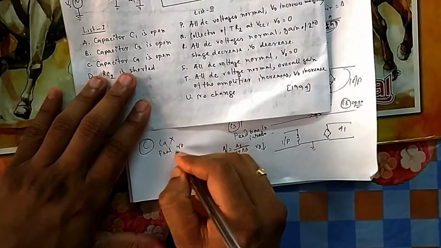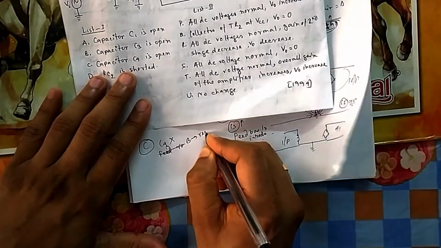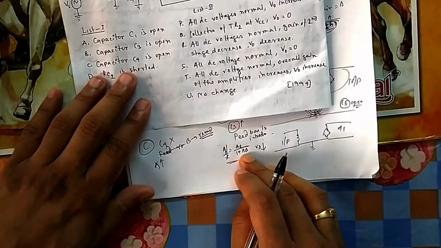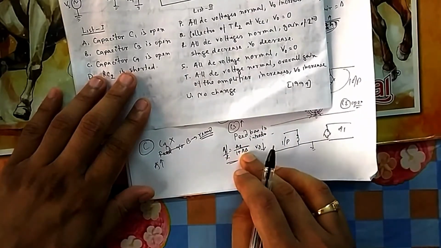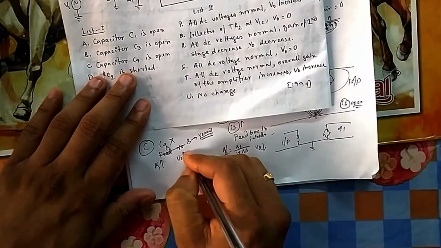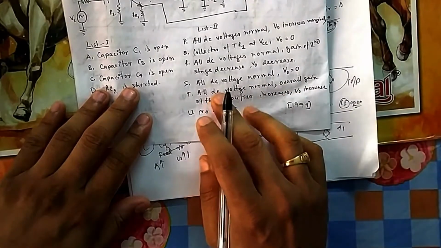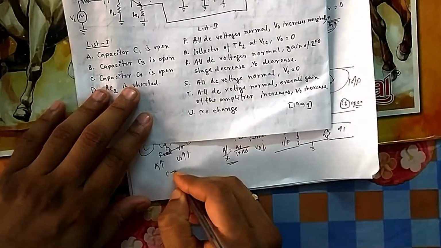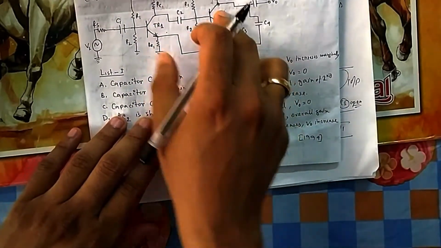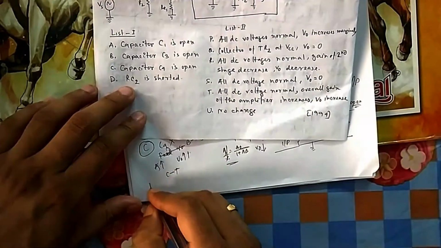You removed feedback, or beta is removed. Let me read. Beta, you have removed beta. If you remove beta, that means your gain will increase. You can see you have removed beta, so this portion will go out. Beta becomes 0, so your gain will increase. So gain will increase means V0 will increase. So you can see that one increase was there, that is your T. So C will be with T. Overall gain increases, because this gain increase means overall gain increase. This increase means that also overall gain will increase. And V0 will increase. Now what will happen to D?